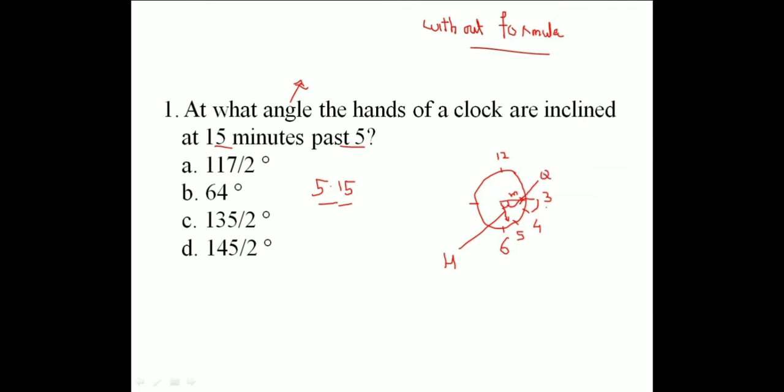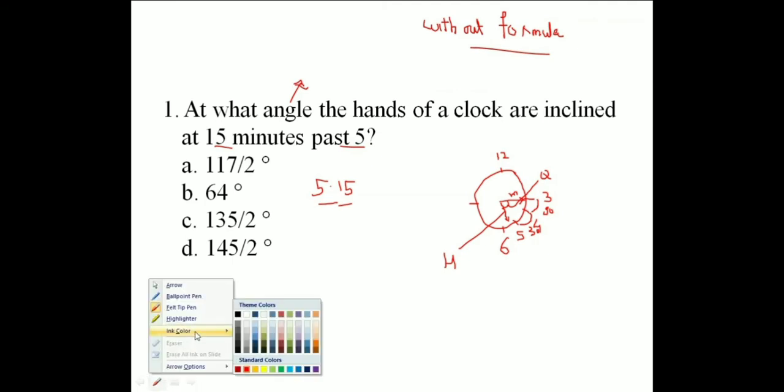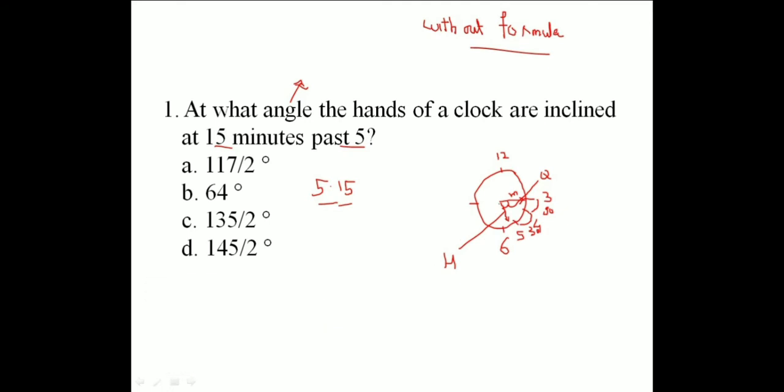Okay, to look at that, the minute hand is at 3. From 3 to 4 is 30 degrees, 4 to 5 is 30 degrees, so total 60 degrees, and a bit more angle is there. The hour hand is between 5 and 6, so we have to calculate that angle, and that too has to be added to the 60. So 60 plus,